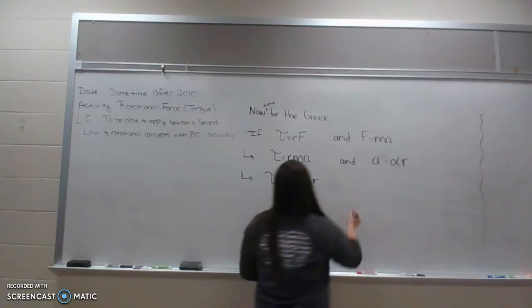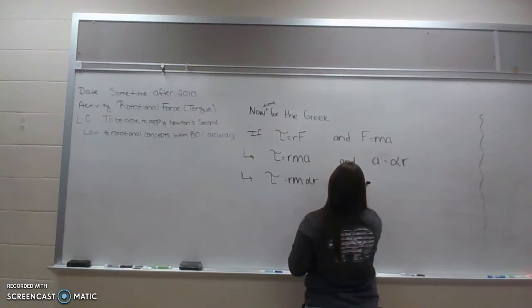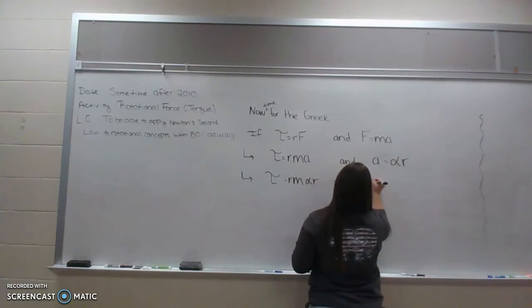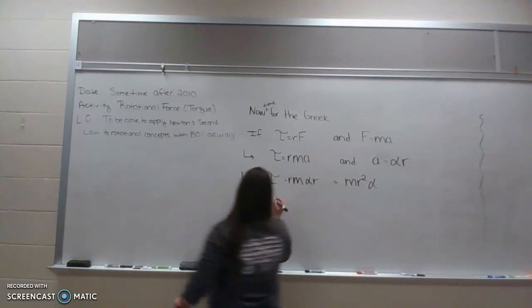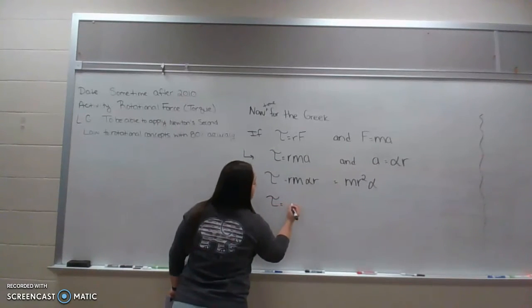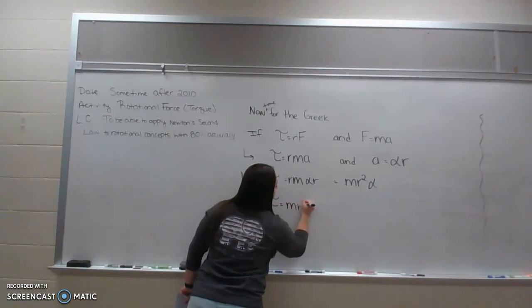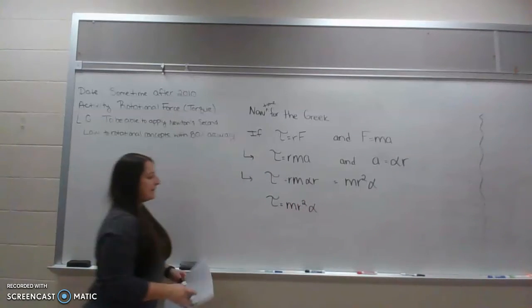A better way is going to be m r squared times alpha. So let's kind of write that all together here. So tau is equal to m r squared times alpha,